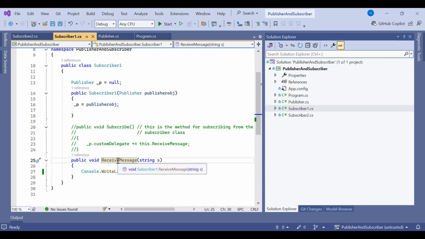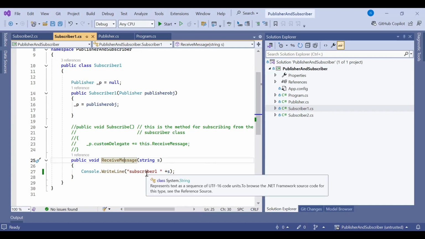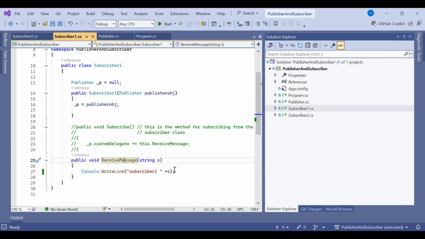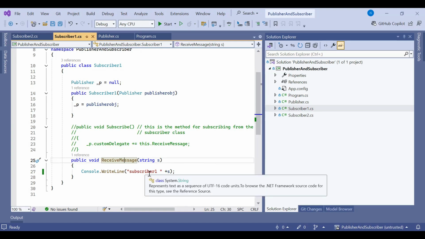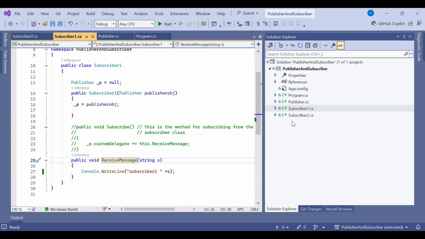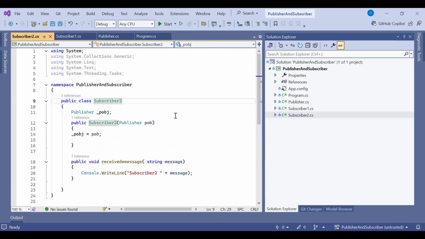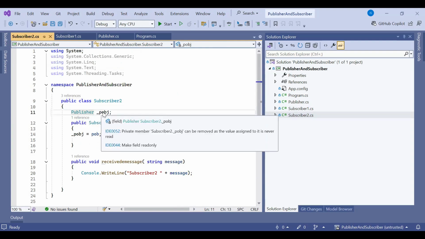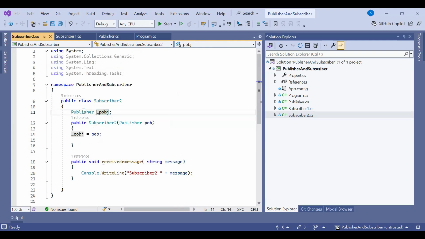And this receive message prints the line on the console screen, that is, subscriber one received message here. So it will print subscriber one and the received message. Now I have another subscriber class. The name of that subscriber class is subscriber2, and this subscriber class has one publisher variable P_OBJ of type publisher, that